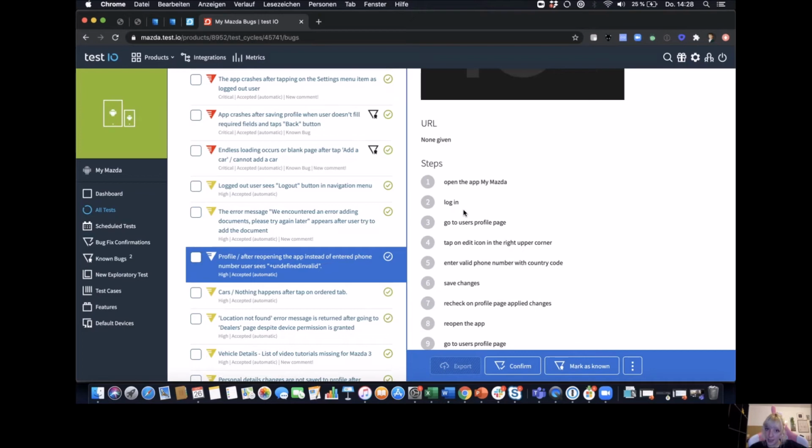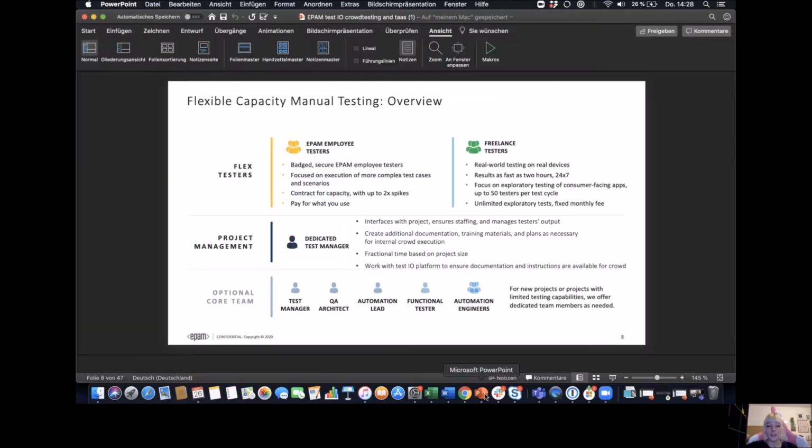What also changed since we've been acquired by EPAM in April 2019, if you've maybe previously heard about us or worked with us, is that through our collaboration with EPAM, we now have the chance to not only use our freelance crowd, but also use an EPAM tester crowd to get testing in. This means if I now jump into a short, one slide PowerPoint,